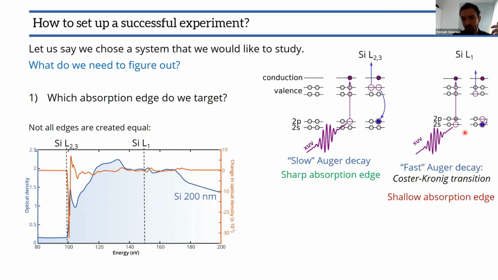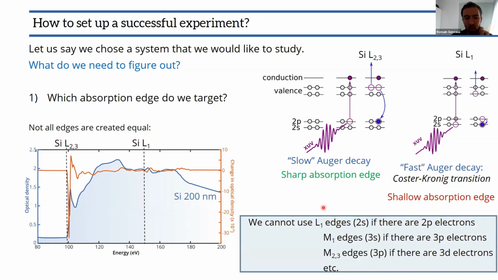This is an Auger decay in which the hole and the electrons pertain to the same shell. Whenever you have these Coster-Kronig transitions, you're going to have a very shallow, featureless absorption edge. So you want to get away from these things. The rule is that you cannot use L1 edges whenever you have 2p electrons, or M1 when you have 3p, or M23 when you have 3d, etc. So you always have to use the outermost shell of